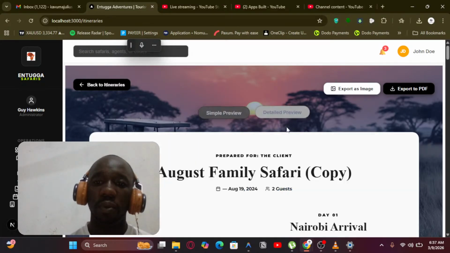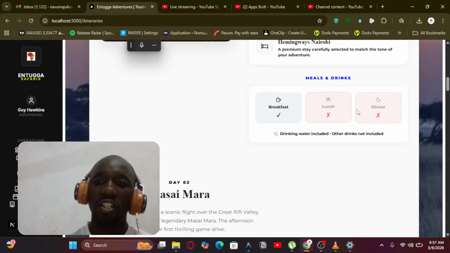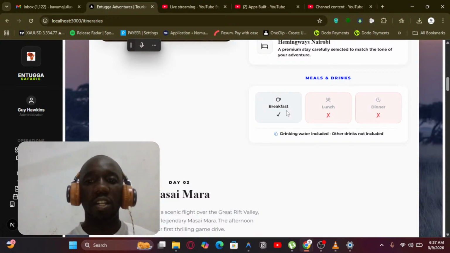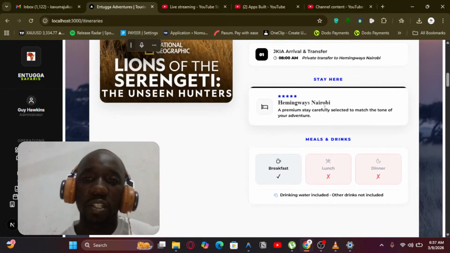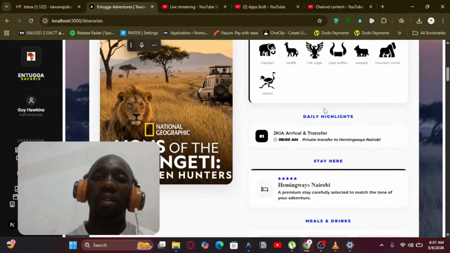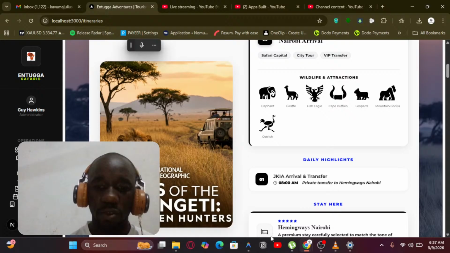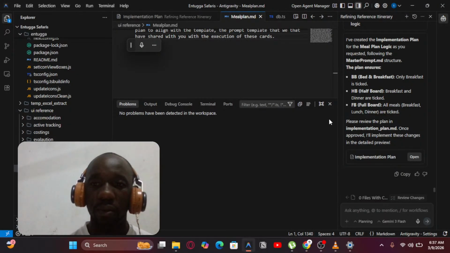But when it comes to the restored itinerary, the detailed view, this is very viewable here, but it is not set out. We need to ensure that when that logic is set in, it appears very well here on the itineraries, which is quite important. So that is what we are trying to set out. And let's look at the implementation plan and how